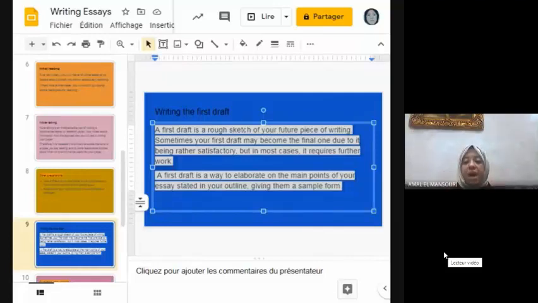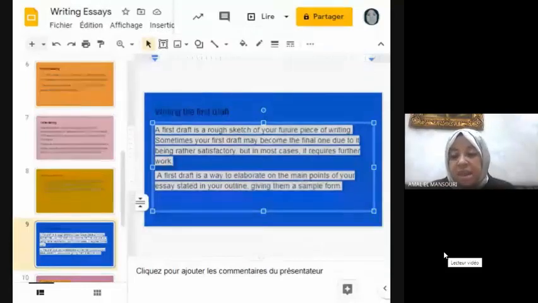A first draft is often called a rough draft, and as this suggests, it will be very rough and far from perfect. So the first draft will lead on to a second draft, third draft, fourth draft, and so on, as you refine your ideas and perhaps conduct more research.